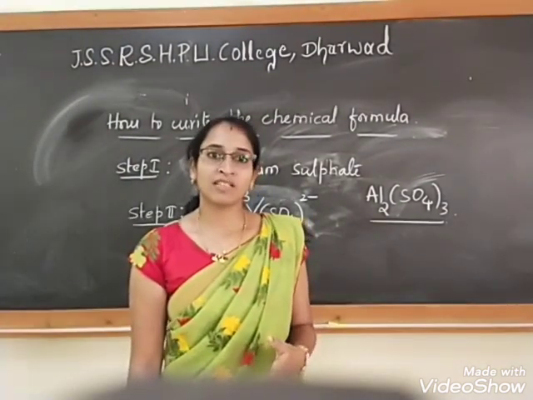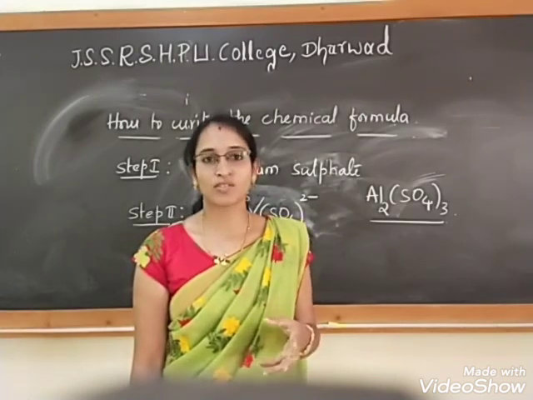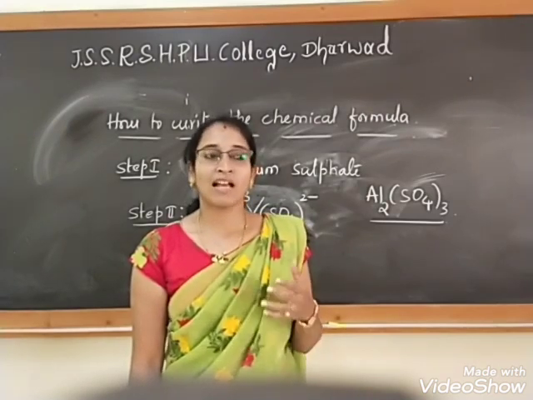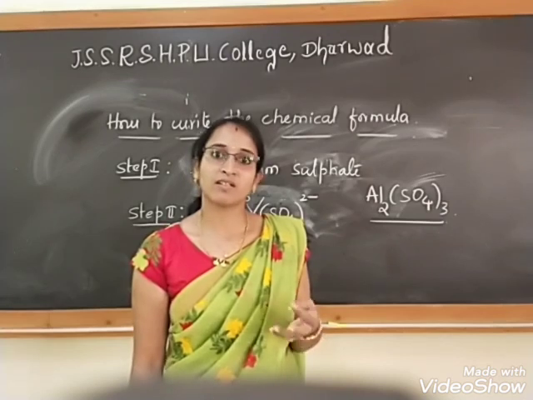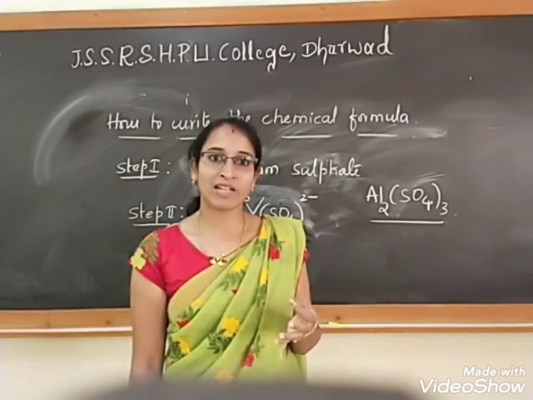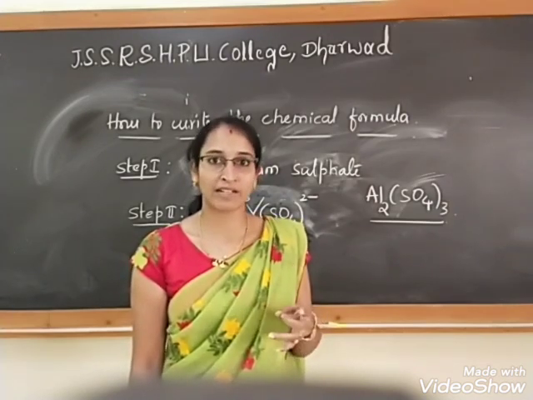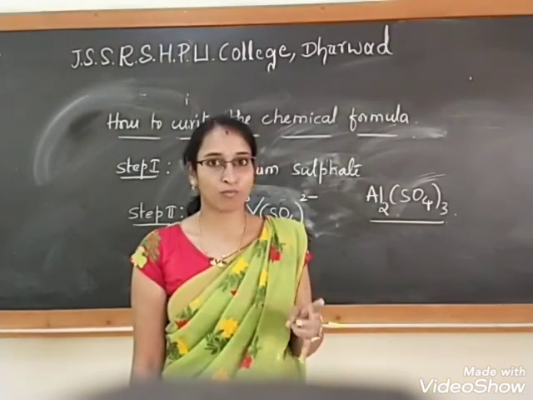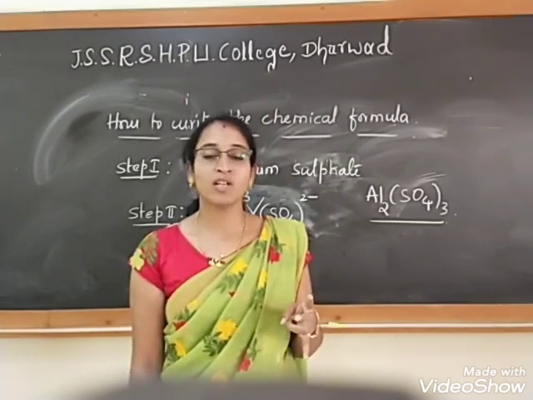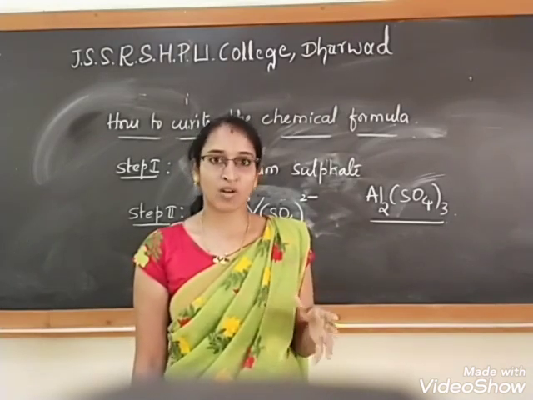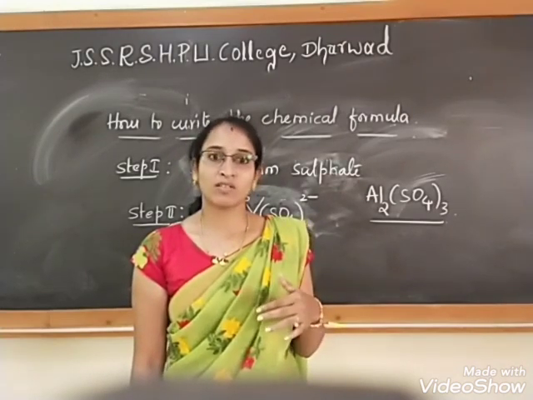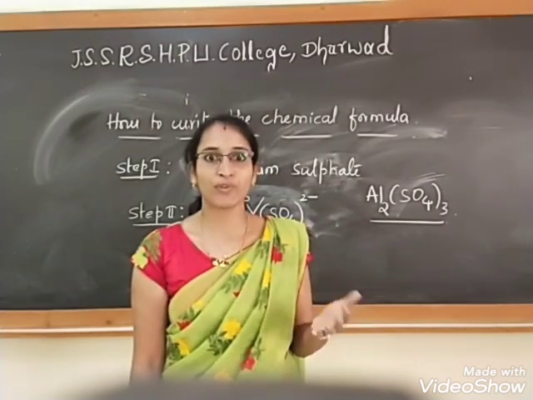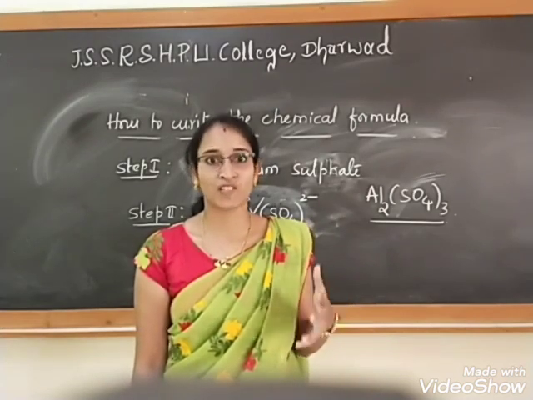So today we learnt about some symbols of the elements as well as radicals, then valency. What do you mean by valency? Then what is a radical? What are the types of radicals, and how to write a chemical formula of an inorganic compound. So these are the basics of inorganic chemistry. So in the next video we are going to study the actual portion of first PUC. Thank you.